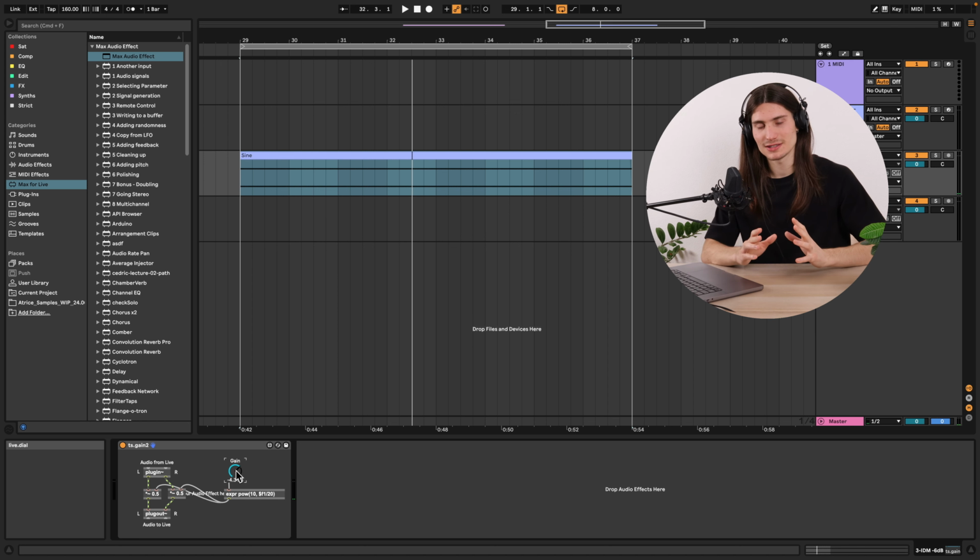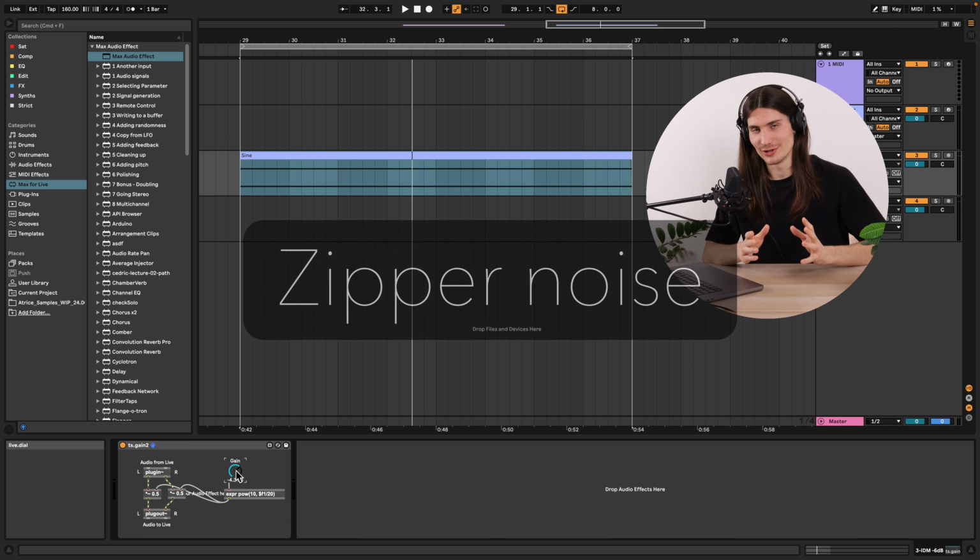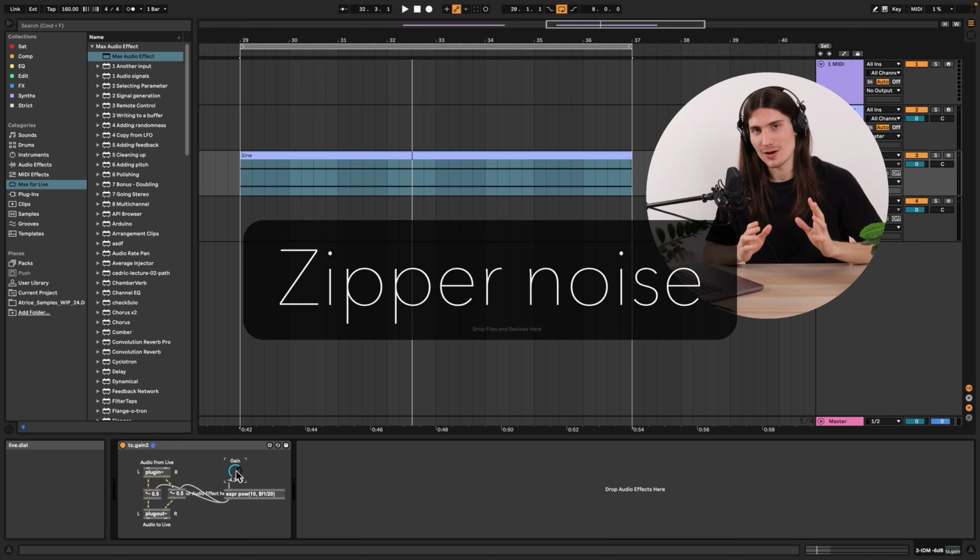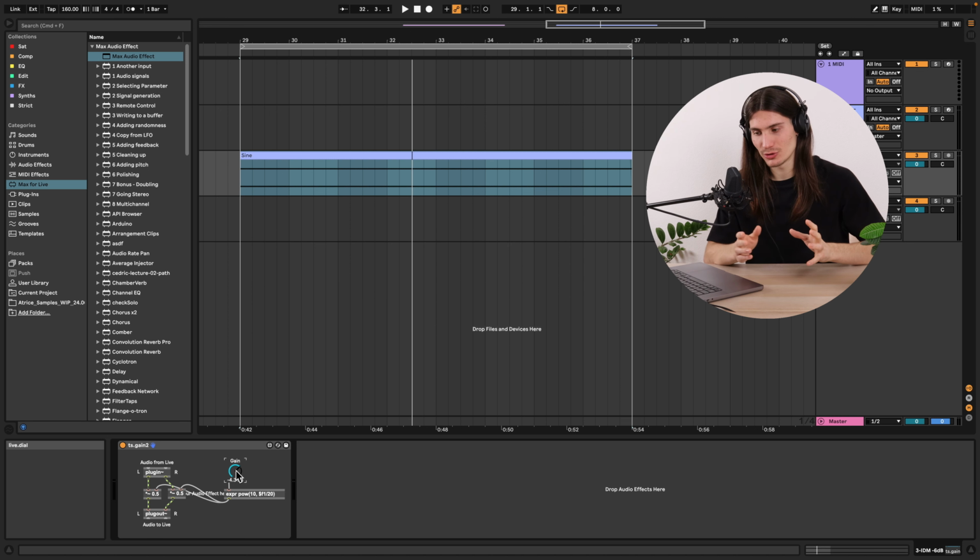So this sound artifact is called a zipper noise. It happens because we change our amplitude of a signal very abruptly, which generates some discontinuities in the signal flow. And those discontinuities generate clicks. When we change it really fast, we have a lot of clicks and they sum into this zipper noise. We don't want that, and for solving this problem, we need some special smoothing, interpolating algorithm for our amplitude values here, which we change for multiplication